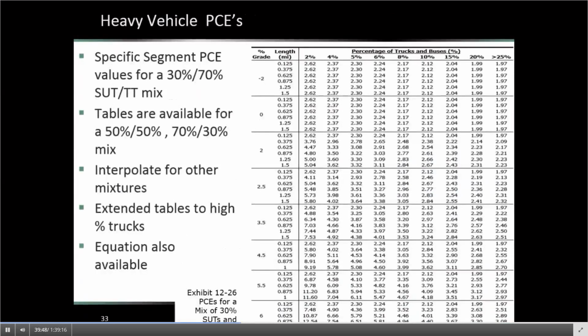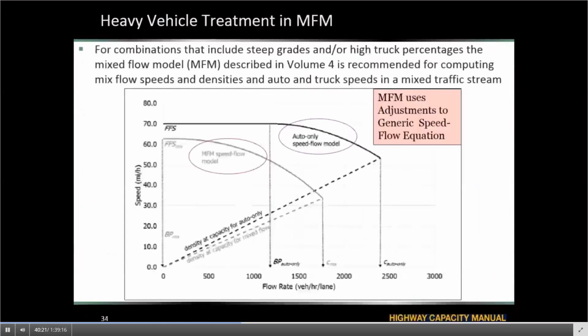So these lookup tables provide the PCEs for 3 different combinations of SUTs and TTs: 30%-70%, 50-50, and 70%-30%. For other combinations of single unit trucks and tractor trailers, we can get these numbers from these tables and interpolate them. Of course, equations are also available for the PCEs that we have in these detailed tables.